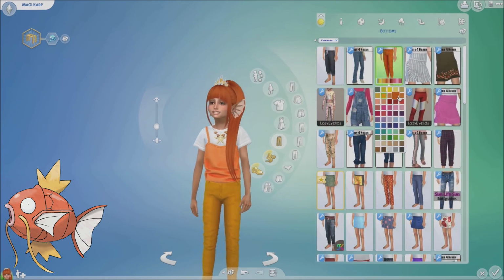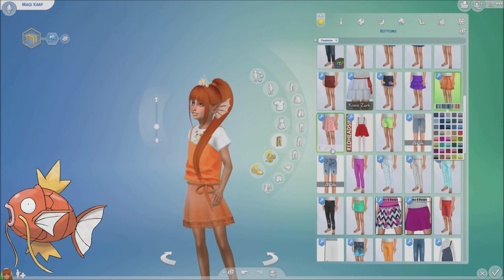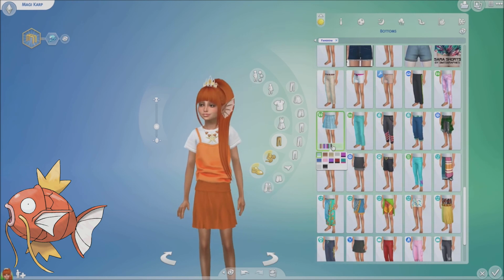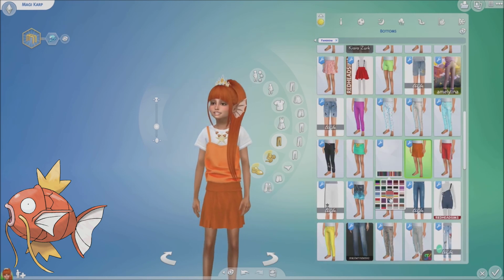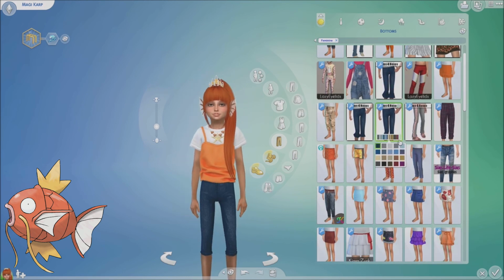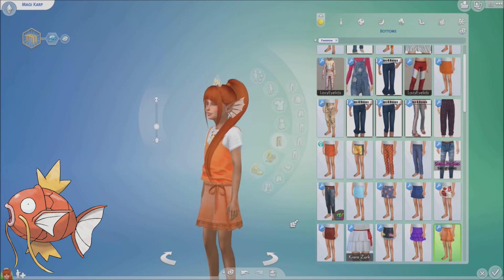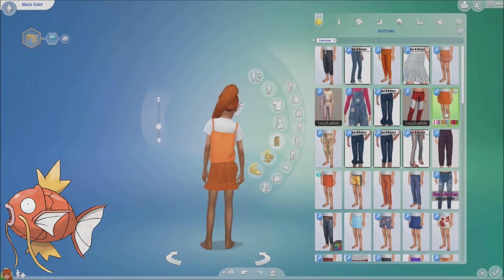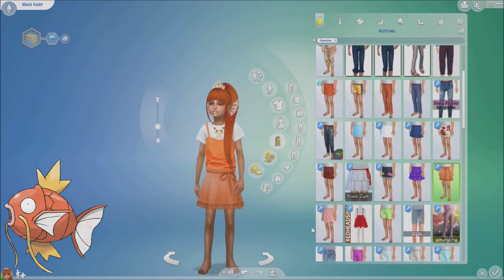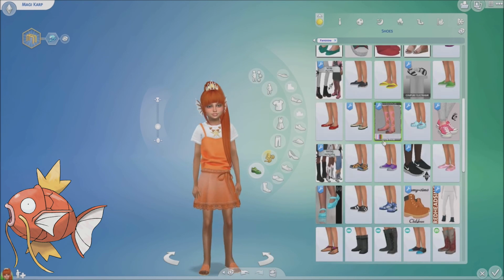Sometimes making the kids can be iffy, because I don't have as many options for the kids, but I actually really like how she turned out. I did not go too pale with her skin. Obviously she's still pale, since Magikarp has those yellow and white colors mixed in, so it made sense to have some pale skin, but I tried to get a skin that had a reddish tone sort of underneath it, so reddish orange,